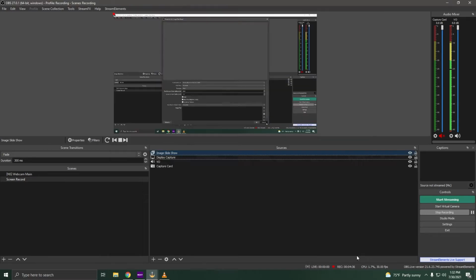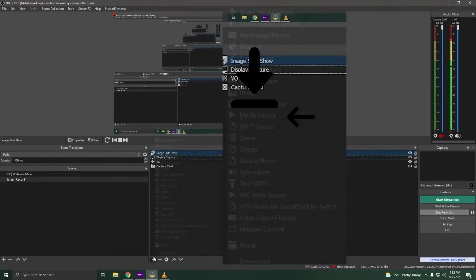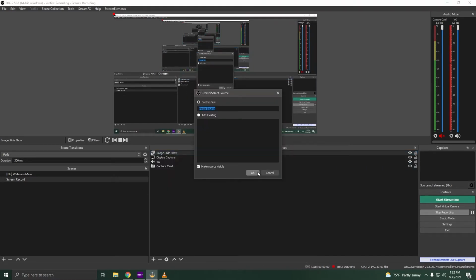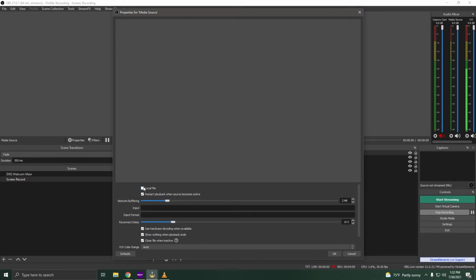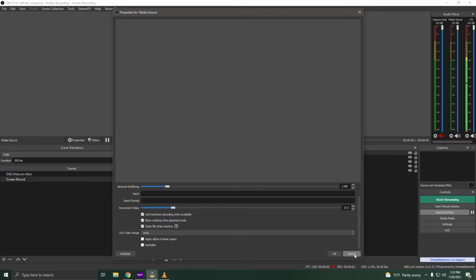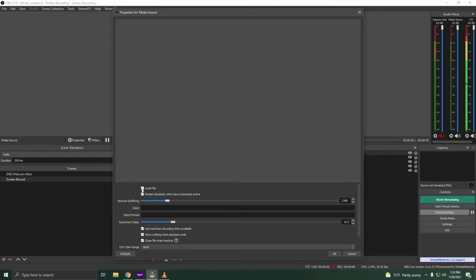A media source adds a music or video file. You actually have two ways to set this up. You can use the regular media source or a VLC video source. This is for compatibility purposes with some systems. If the video isn't playing properly on your system, you can try switching to the other kind of media source and see if it has better results. This is also what you would use if you want to add overlays and webcam frames with animation.